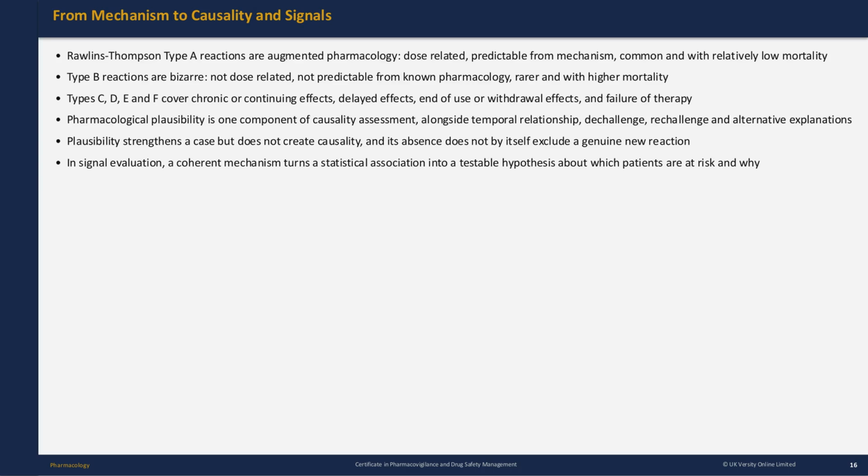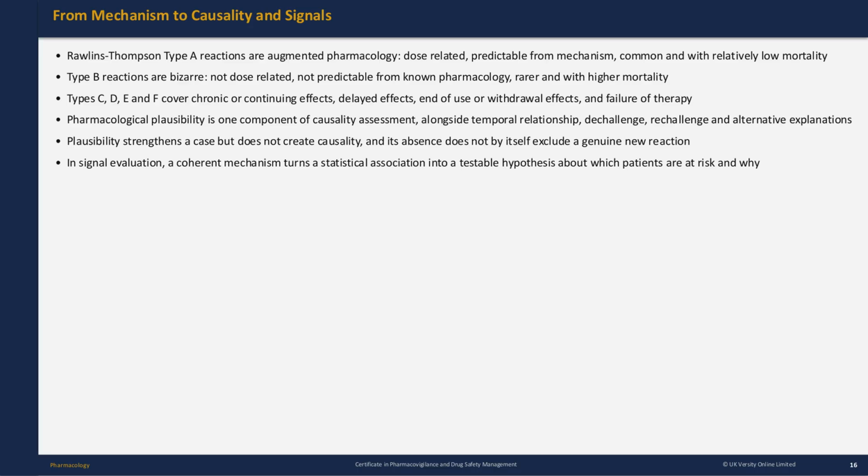Rawlins-Thompson. Type A reactions are augmented pharmacology, dose-related, predictable from mechanism, common, and with relatively low mortality. Type B reactions are bizarre, not dose-related, not predictable from known pharmacology, rarer, and with higher mortality. Types C, D, E, and F cover chronic or continuing effects, delayed effects, end of use or withdrawal effects, and